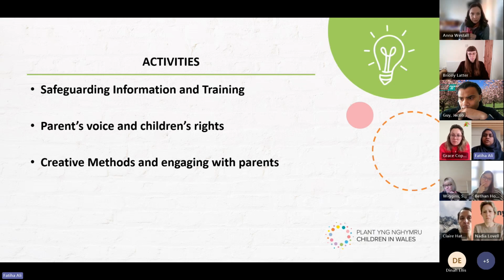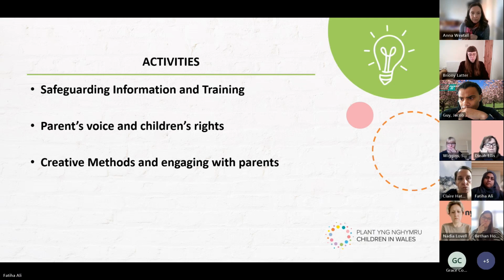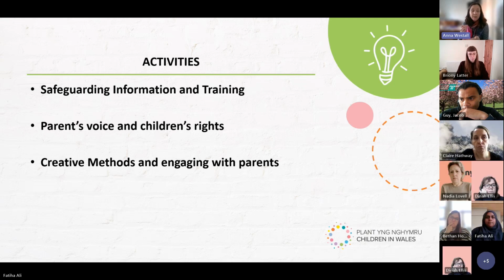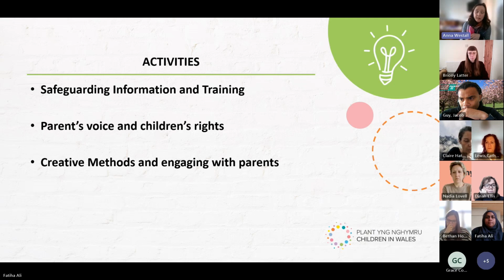I can't see any reference to it in the toolkit. Many thanks. So I don't think it's referenced. If you're collecting any particular data, as in the direct names of parents, etc., then obviously different data protection rules apply. Most of what we collect would be more general data, and we're passing that on. But I suppose it depends on your organisational approach.